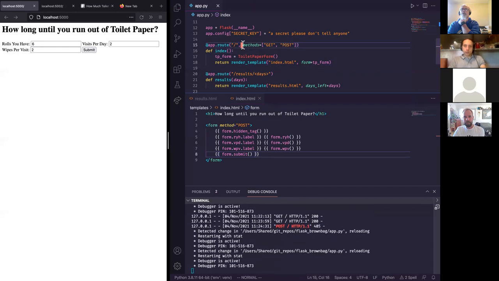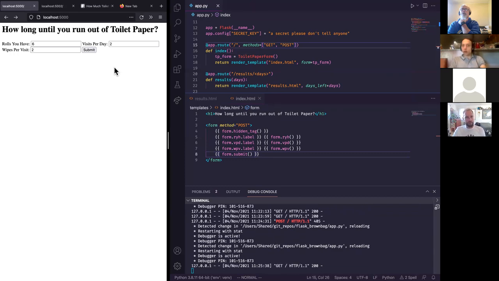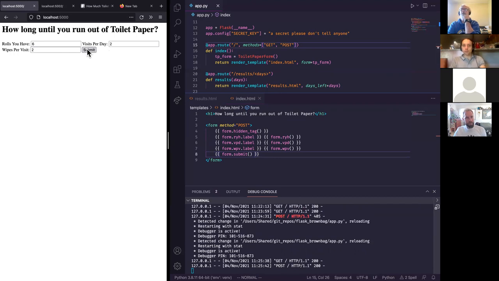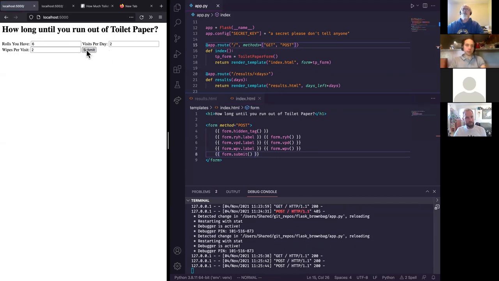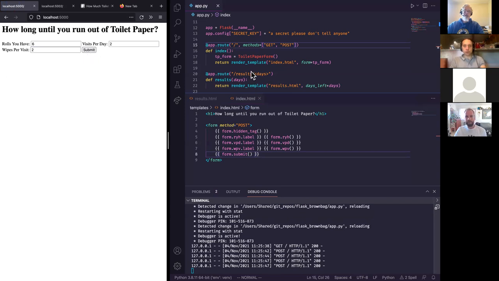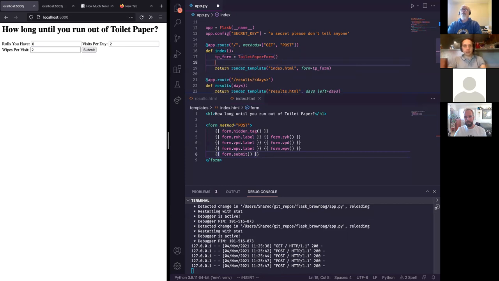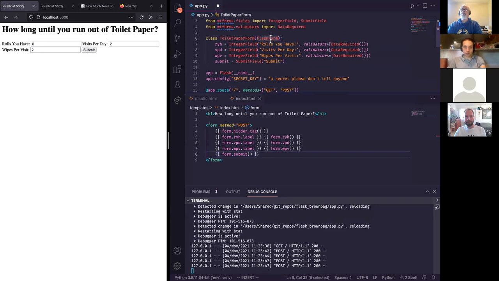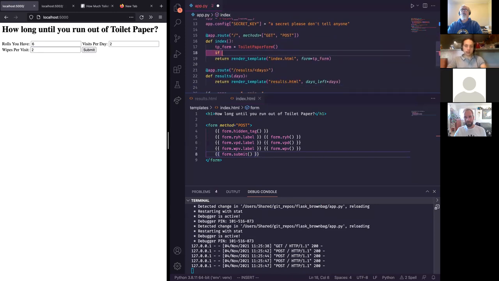So now we just have to add these methods here. But once we do that, it doesn't look any different, but submitting doesn't fail. It doesn't do anything, so what do we do now? We have to get the data from the form, and that's pretty simple. So Flask form has a method called